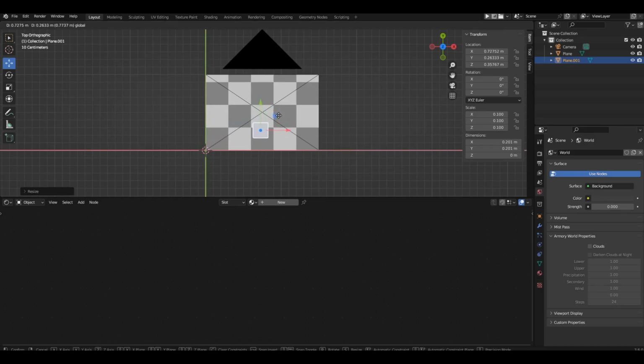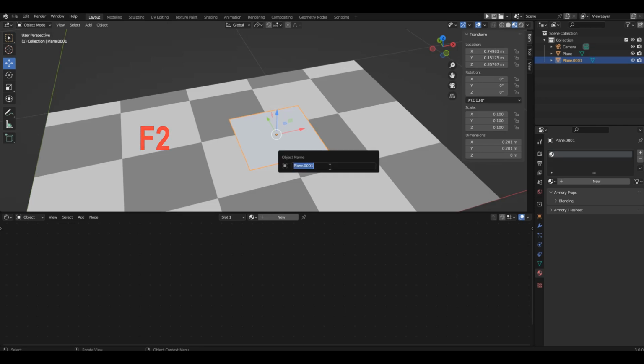Moving on. All objects should have clear names. This is very important. Otherwise, by the fifth lesson, you'll get lost in the woods and stop understanding what's happening around you. So, let's rename our plane to Player Image. Renaming an object is very simple. You can directly select it in the viewport and press F2. A text field will appear where you can change its name.